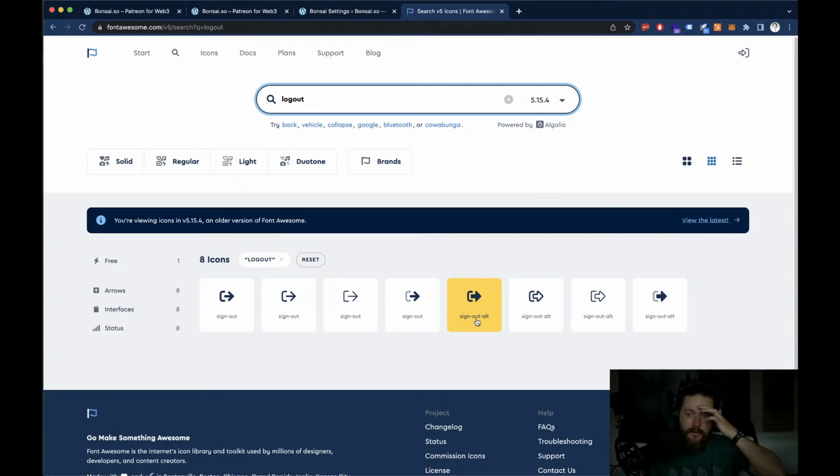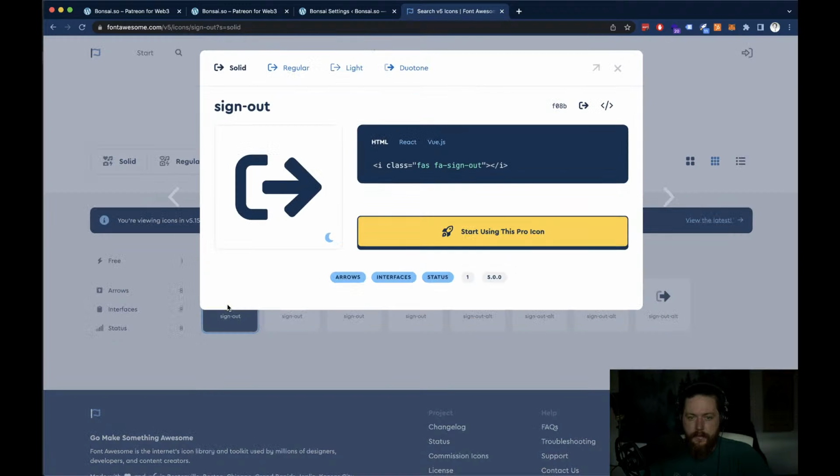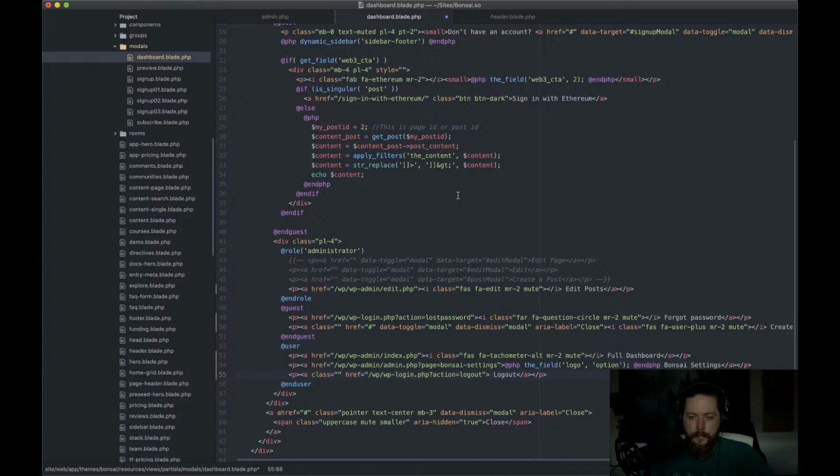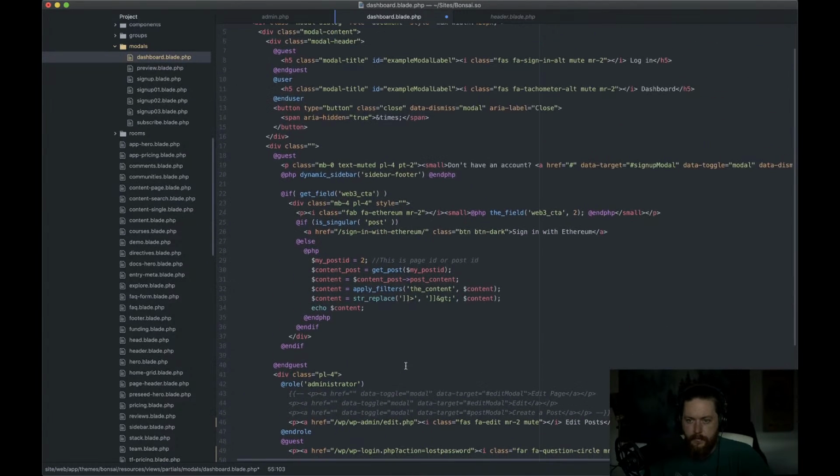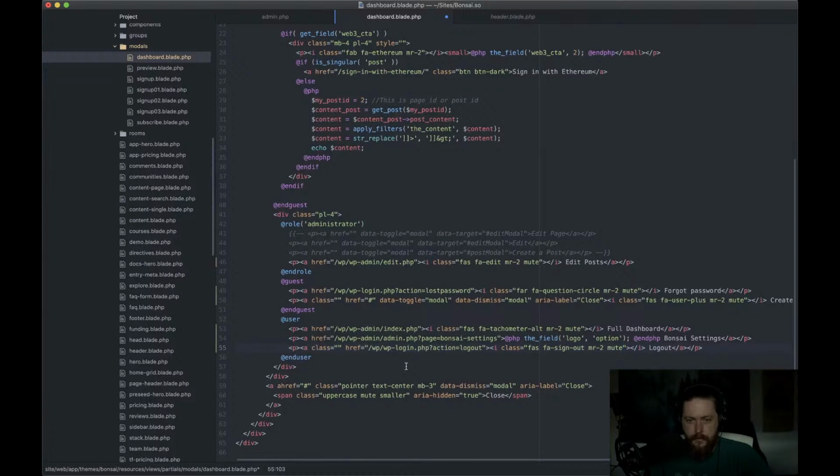I feel like I have one of these I'm using. Okay. Page, edit, create a post. Those are some other ones that I was playing around with, but